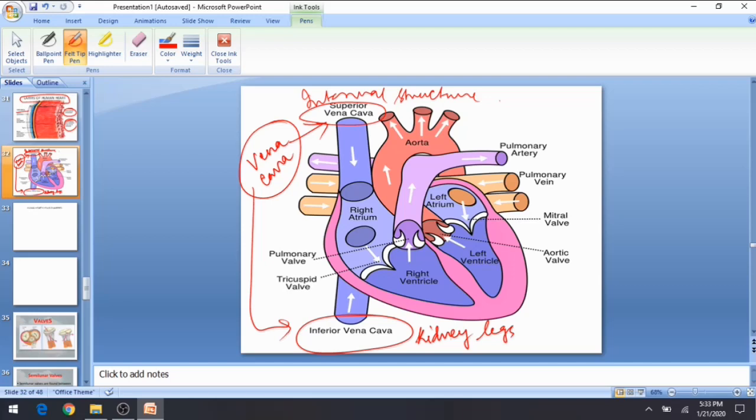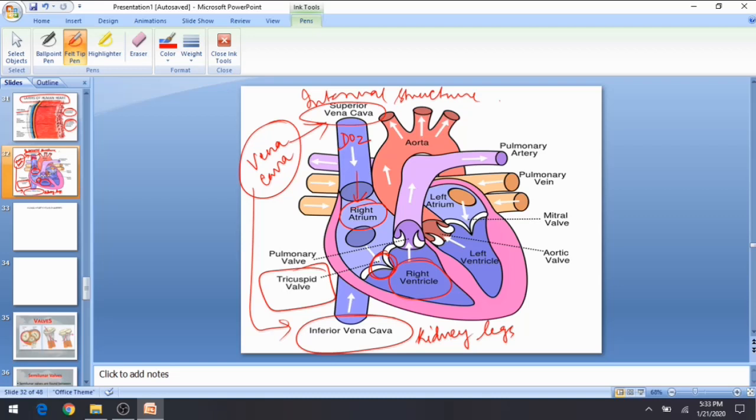Deoxygenated blood from superior and inferior vena cava, I would mention deoxygenated blood as DO2, so that it will help you to understand better. Deoxygenated blood enters the right atrium. From right atrium it moves to right ventricle, where there is a valve, that is tricuspid valve, which opens at